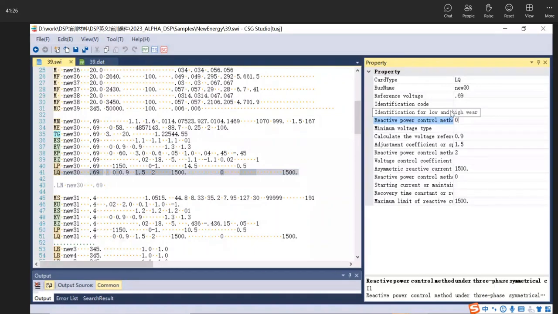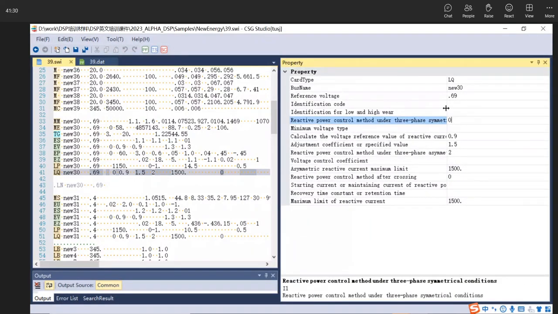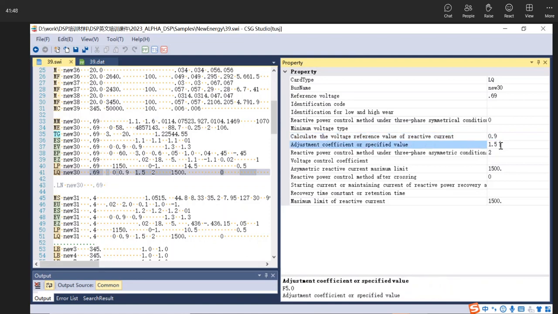In this parameter, I write 0, which means the output of reactive power depends on the voltage, and the gate I write 0.9. The coefficient I write 1.5. So if the voltage of the DFIG drops to